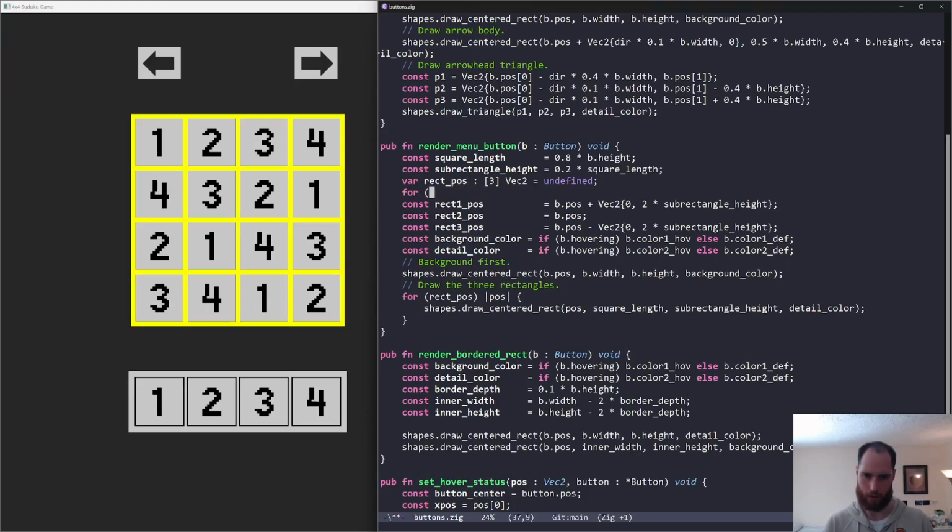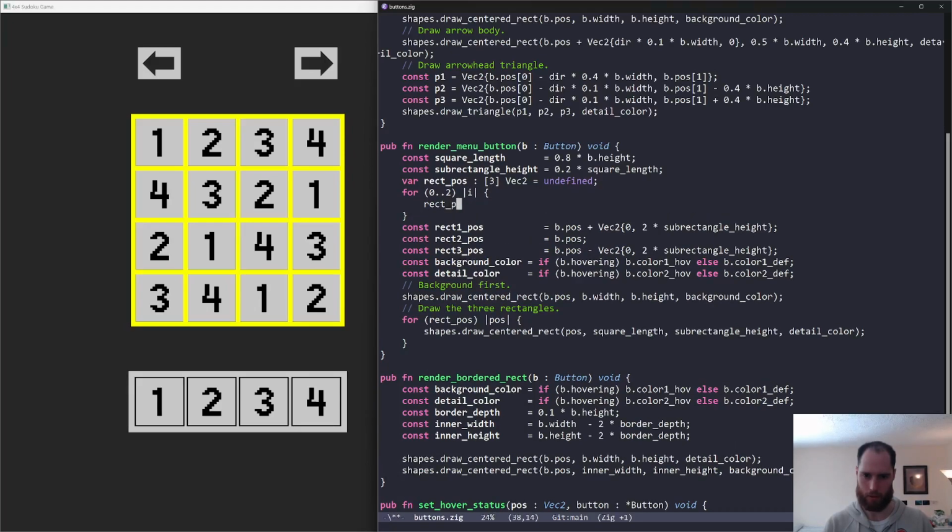And then we can just say for 0 into I, rect pos I is equal to the vec2 given by the B position x coordinate, I think it is easier to read like this, 0. And then I basically want to do, I want these indices to range from -1 to 1. So